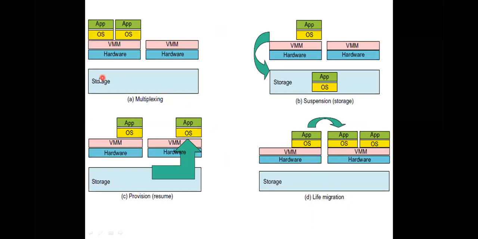If you see the storage is expanded here, it means the operating system you have chosen here, and next we have what you are maintaining here. These guest operating systems will have the same storage only. What the storage will consist of depends upon the types of operating mechanisms or the operating environment you have chosen. If you choose multiplexing, what multiplexing will do is maintain this single storage for both operating systems you have chosen here.